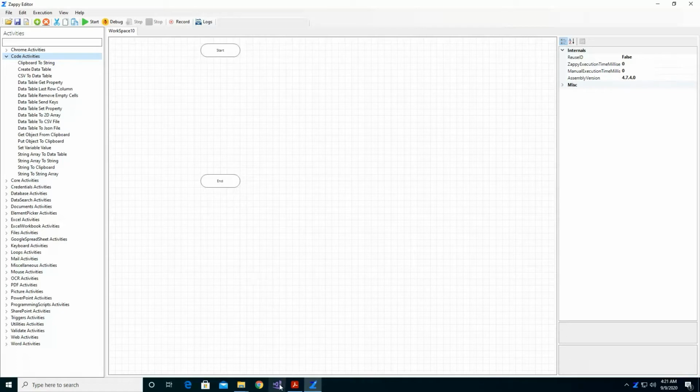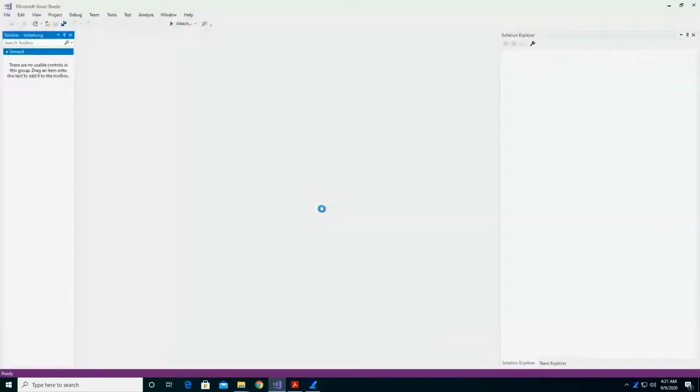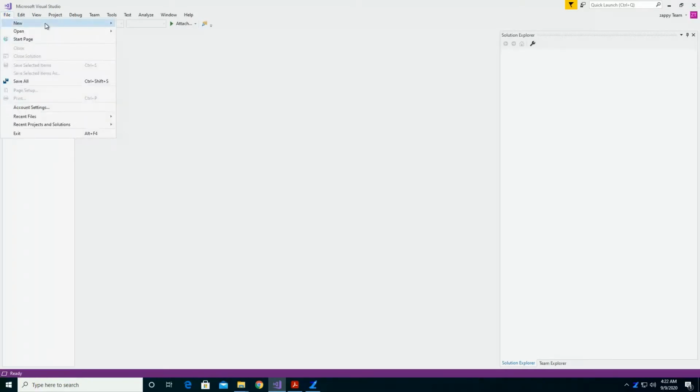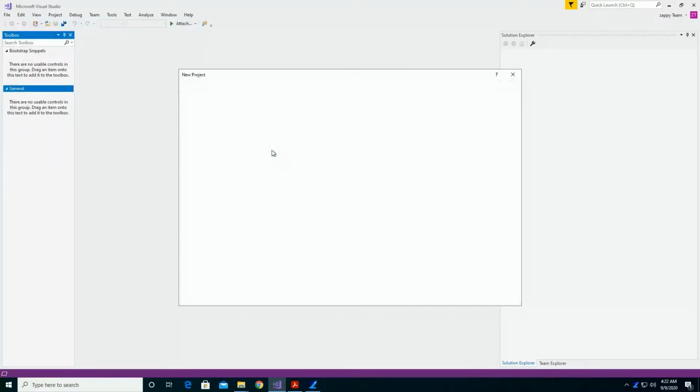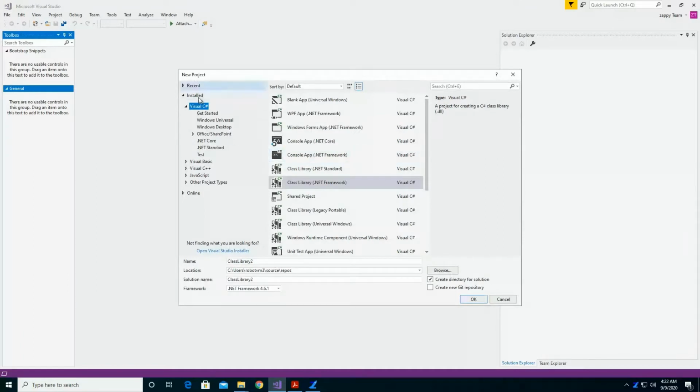First, launch your Microsoft Visual Studio. Once it is open, go to File, New, and select Project. In Visual C#, we need to select Class Library (.NET Framework), which is used to build our class.